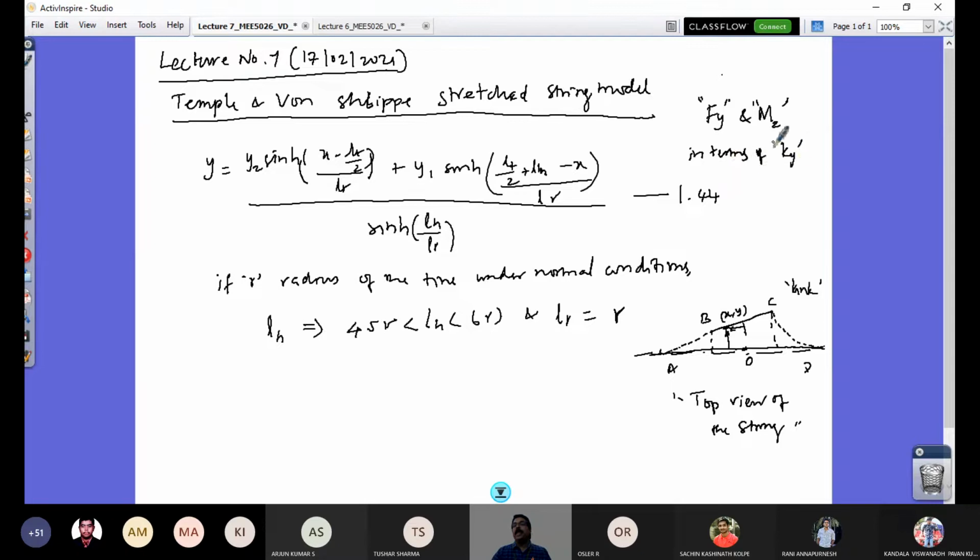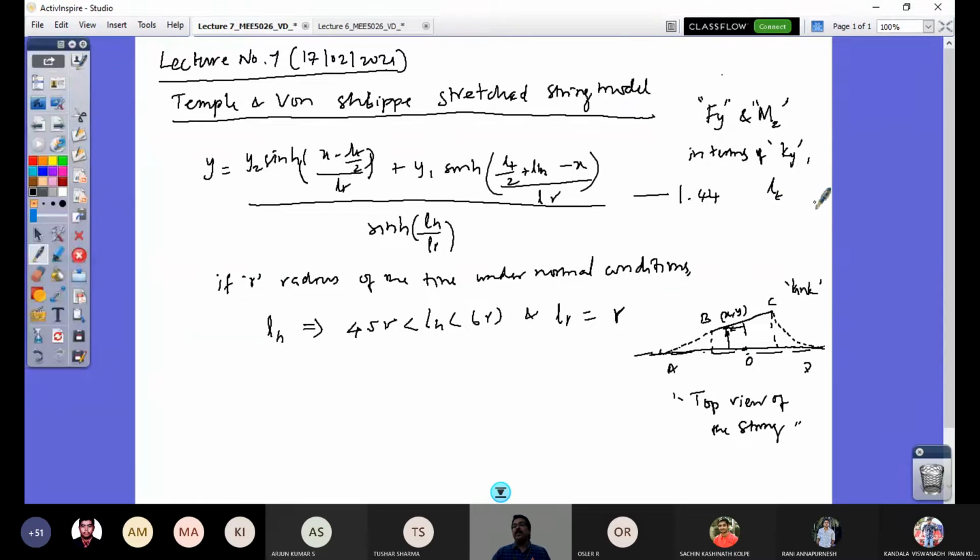Ky. What is Ky? It is the lateral stiffness of the tire, in kilonewton per unit area, kilonewton per meter squared. So we have seen typically it will be some 2225 kilonewton per meter squared values. And LT is the contact patch length, which could be experimentally determined for the chosen vehicle with the tire. And LR is the relaxation length.